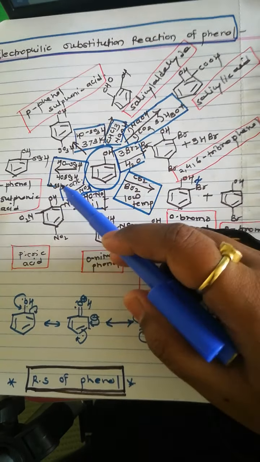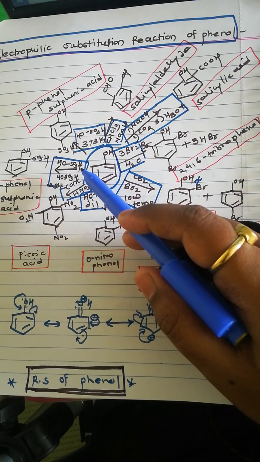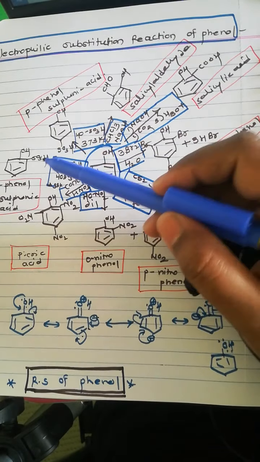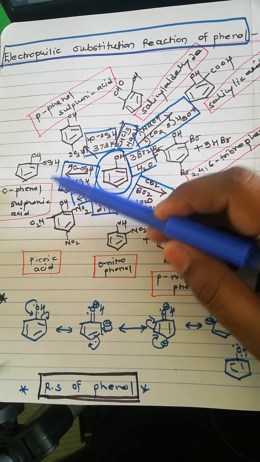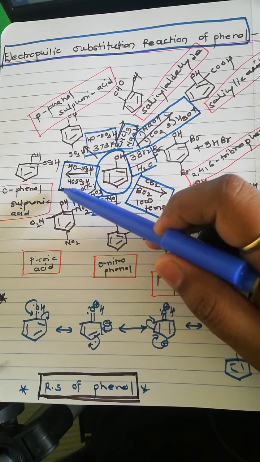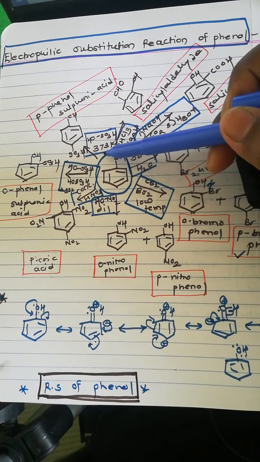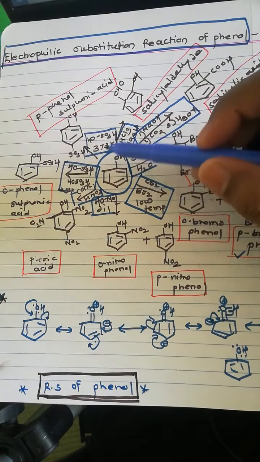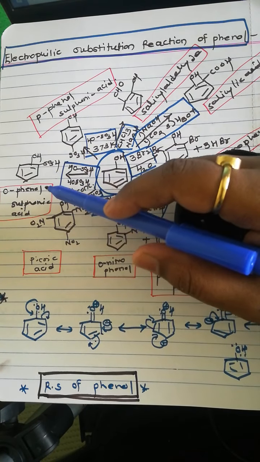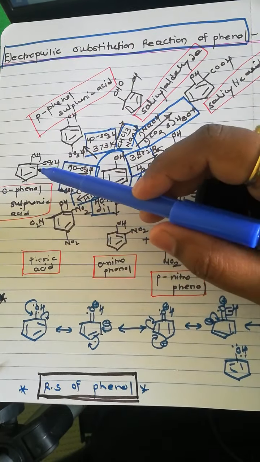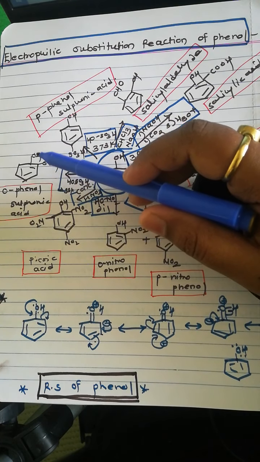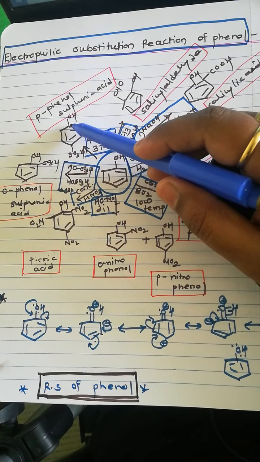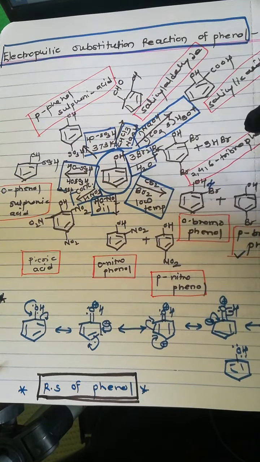Sulfonation reaction at 273 Kelvin, means at low temperature. Here in sulfonation reaction, the electrophile is SO3H. It goes to the ortho position when temperature is low. When we use high temperature, here 373 Kelvin, then we get the para product. At high temperature we get para and at low temperature we get ortho product. What is the name of the compound? Here at ortho position OH group, therefore orthophenol sulfonic acid, and here para position OH group, therefore paraphenol sulfonic acid.